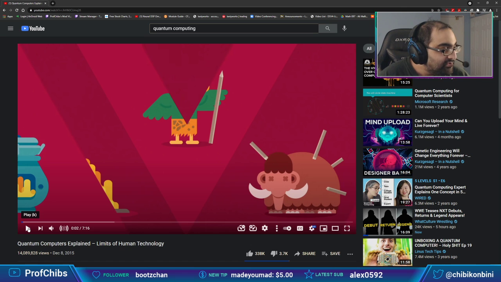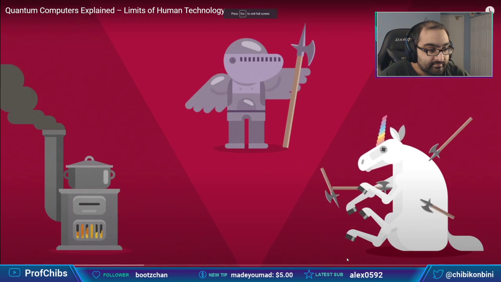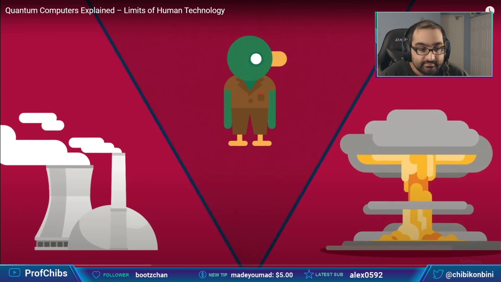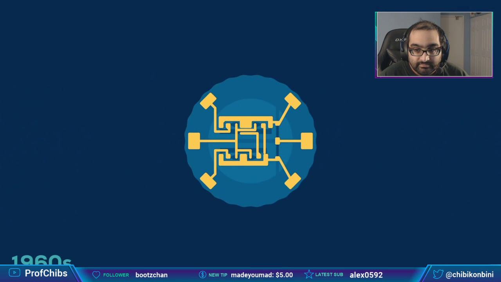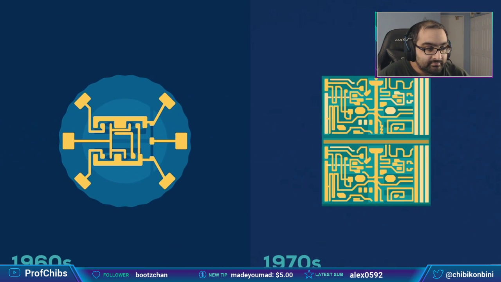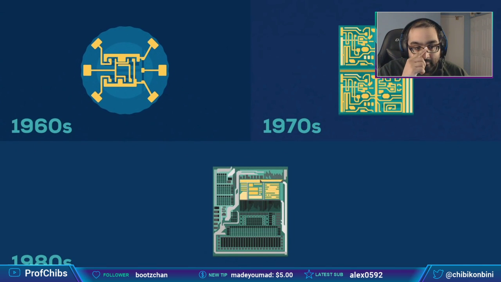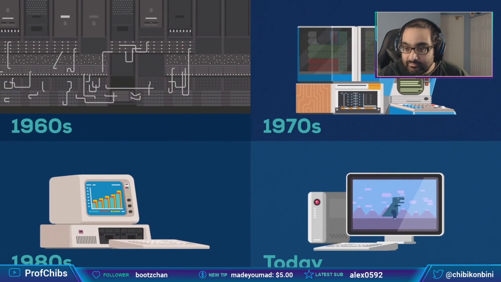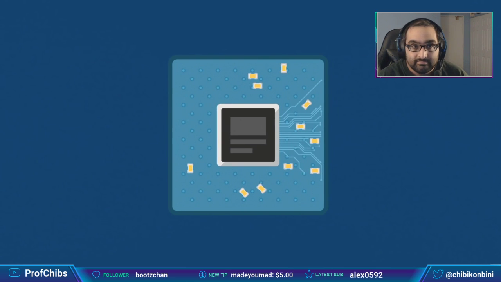For most of our history, human technology consisted of our brains, fire, and sharp sticks. While fire and sharp sticks became power plants and nuclear weapons, the biggest upgrade has happened to our brains. Since the 1960s, the power of our brain machines has kept growing exponentially, allowing computers to get smaller and more powerful at the same time. But this process is about to meet its physical limits. Computer parts are approaching the size of an atom.